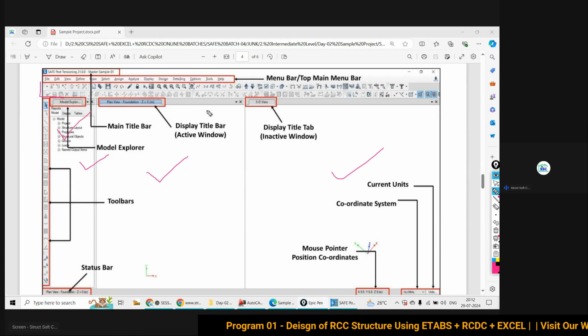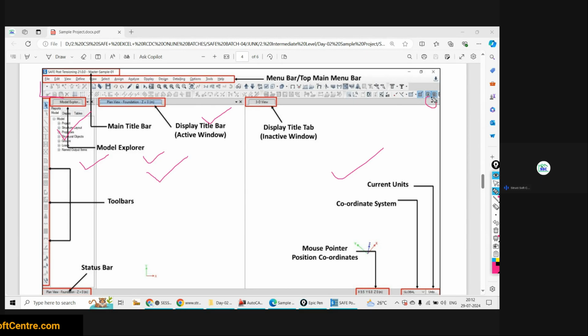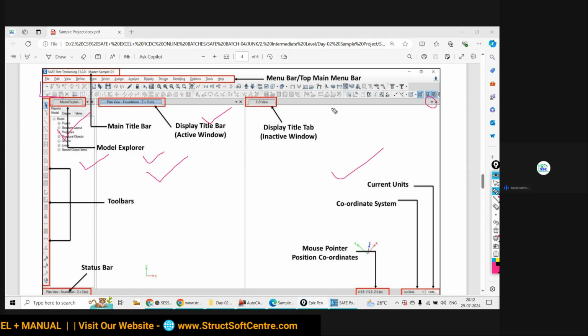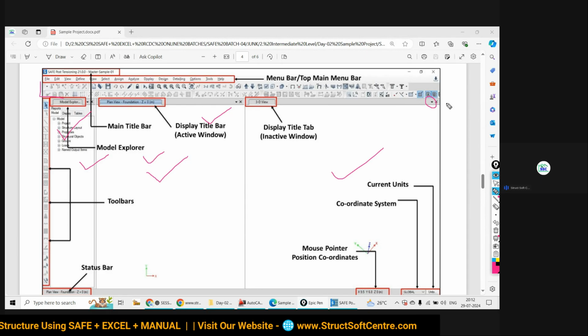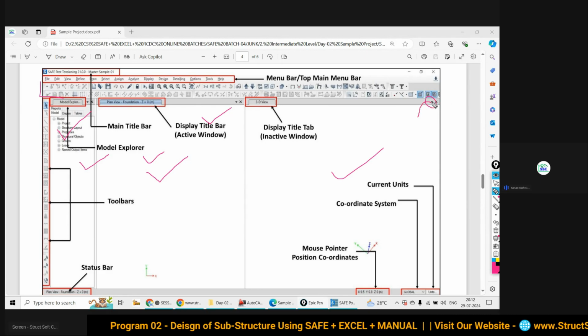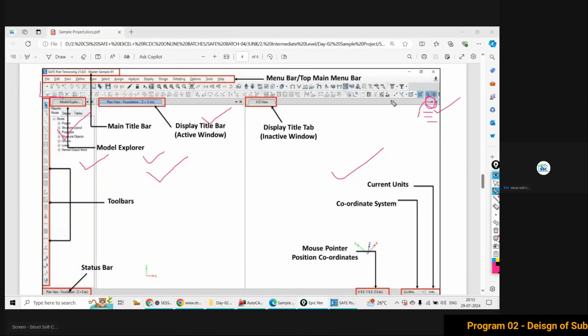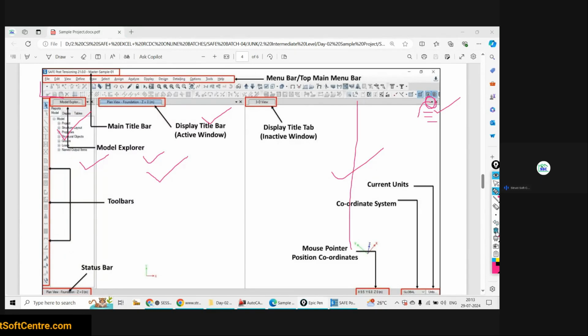Thereafter you will have this one window. This is for plan view. This is the second window for the 3D view. If you would like to add more windows, you can go to this more views, more window views. For the elevation, for the section, for the plan view, multiple windows you can add from here. If you click over this, you will have the option to add views. Once you click over add views, the section view is going to be added here.